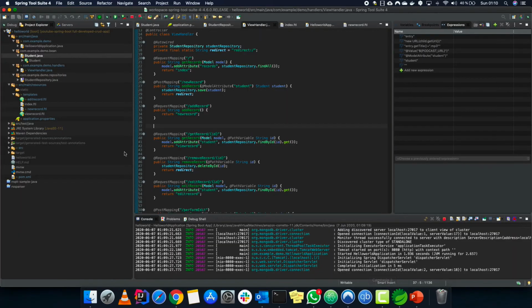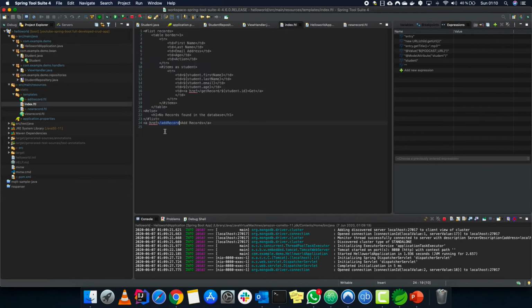If we want to add another record, we just go and say foo bar, at gmail.com, and foo bar is maybe 100 years old, 1000 years old. We say save record. There is another record. So first name, last name. As you can see, when there were no records, the other part of the application was running, which is this one. And when we have records, this particular part is running.